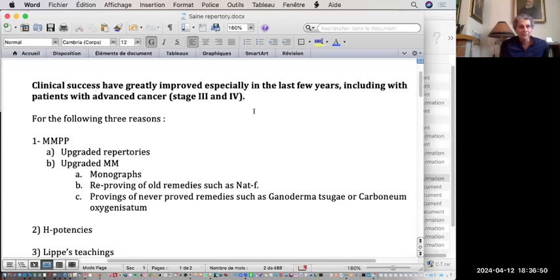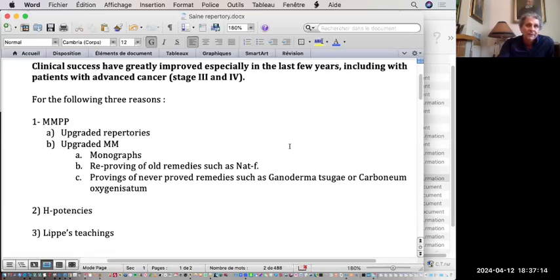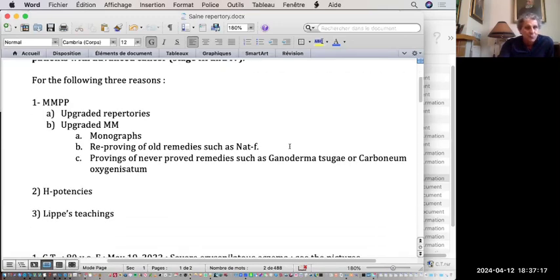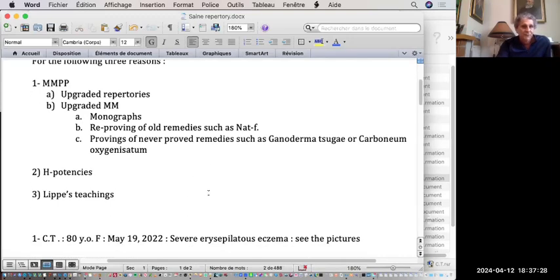And in a 10-year span, we can say that the work that we have accomplished has been beyond our expectation in terms of what we can do now with patients with cancer as compared to 10 years ago. We have better clinical results, especially with those patients with cancer, but all around, and especially with the most difficult cases, which would be stage 4 and stage 3 cancer.